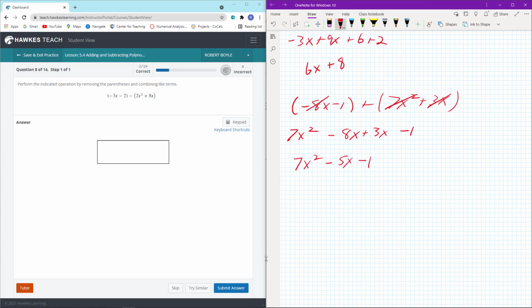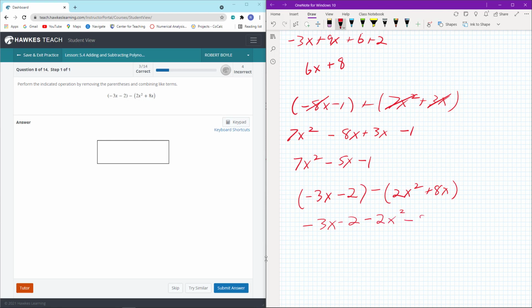Okay, let's look at this problem. For this one, we have negative 3x minus 2, minus 2x squared plus 8x. Now, once again, since we're subtracting, we are going to bring down the first binomial, minus 3x minus 2, and we're going to change the sign of the terms in the second binomial and add them. So changing the sign of 2x squared is minus 2x squared,